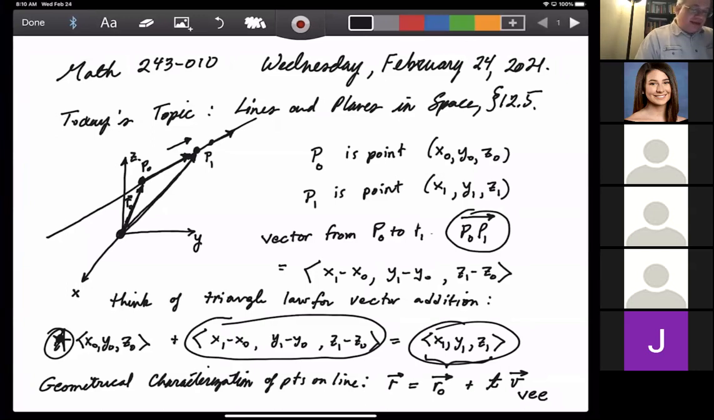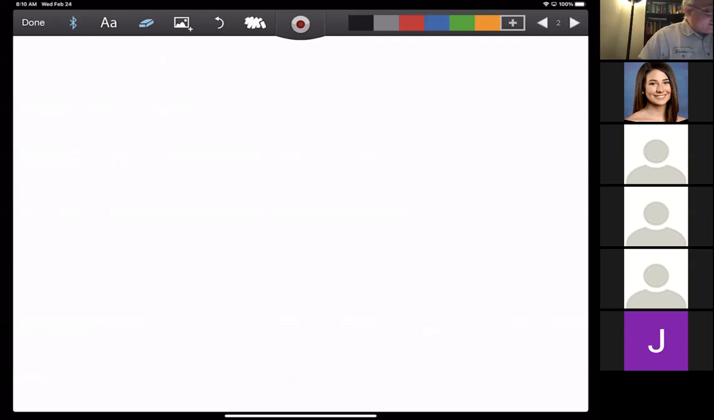So the names here of these vectors don't really matter. It's traditional to use a V for the direction vector of the line, right? This vector V here is telling us some vector parallel to the line. So the vector or the geometrical equation